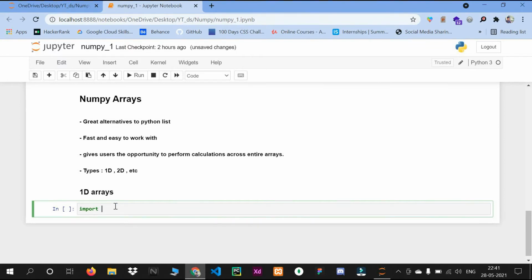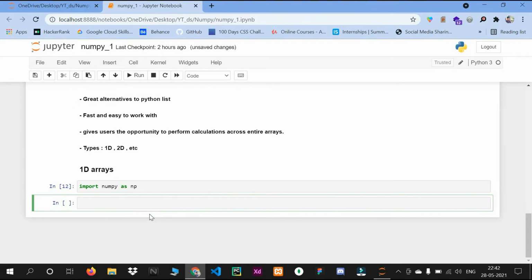First we will import NumPy as np, and then I will take one variable, let's say my array, and then np dot array. Array is a function in NumPy which helps us to make arrays. In here is one list. I will pass any random numbers as our elements,